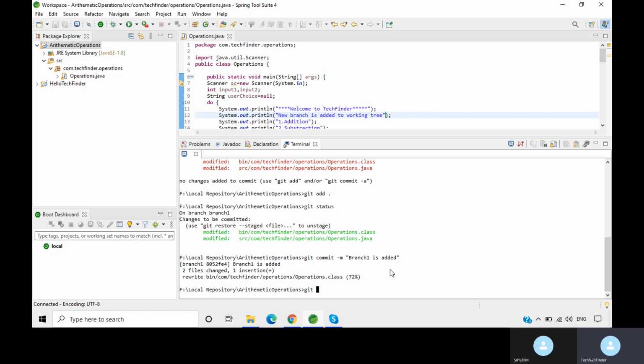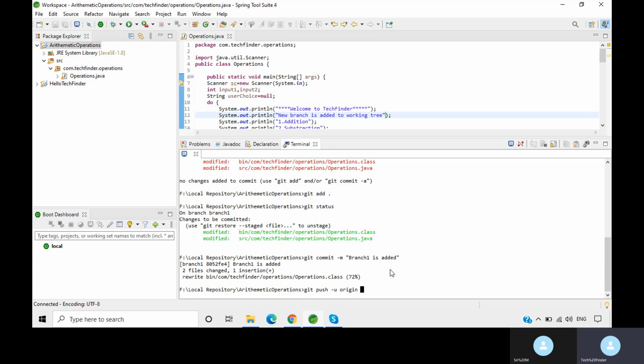Now git push -u origin. Usually the origin will be main. If only one person is pushing the code, then only one branch will be there usually, and then origin will be main. But now we are pushing into the branch 1 branch.